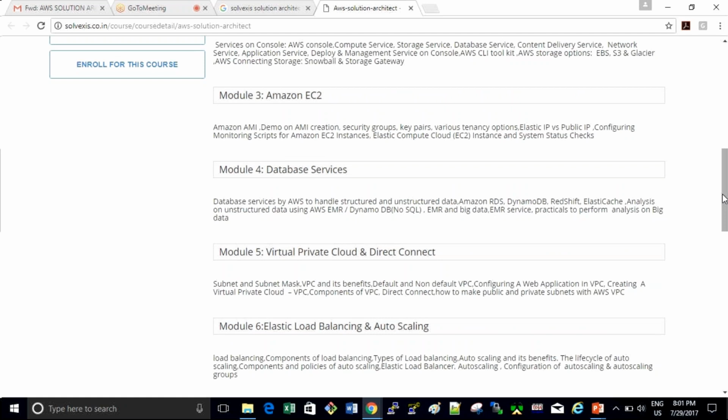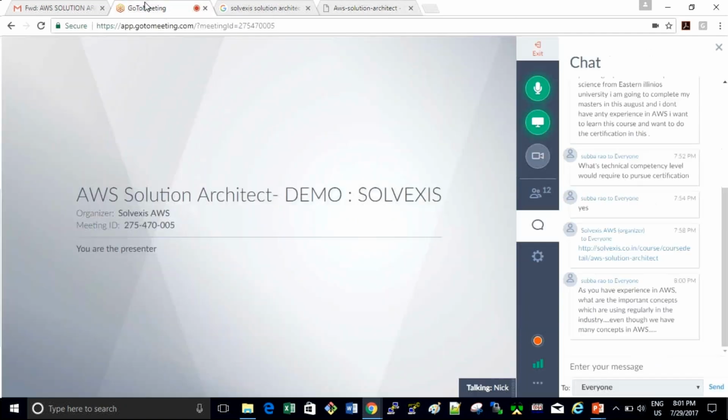But if you actually go and work in the industry, if you ask me, I'm not using auto scaling. I'm not using elastic load balancers. I'm using Lambda quite a lot, with Python. You might use it with Node.js, or with .NET. I use very few AWS CLIs.